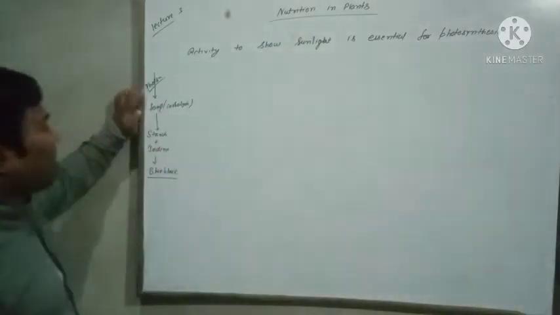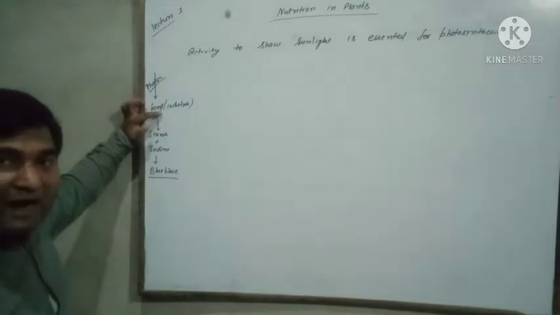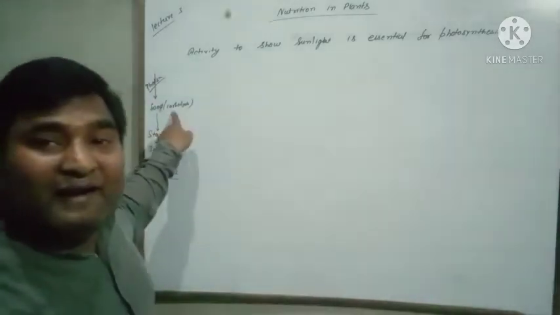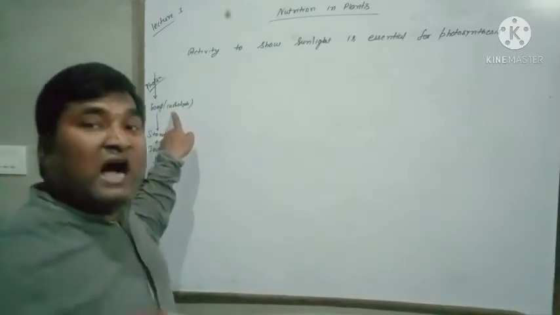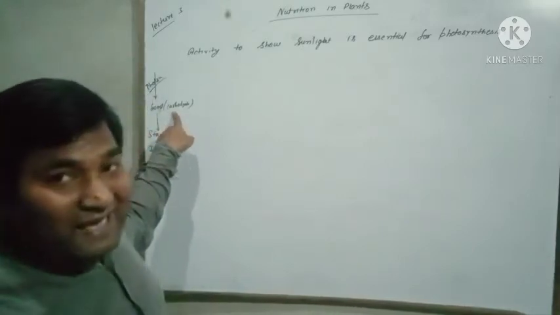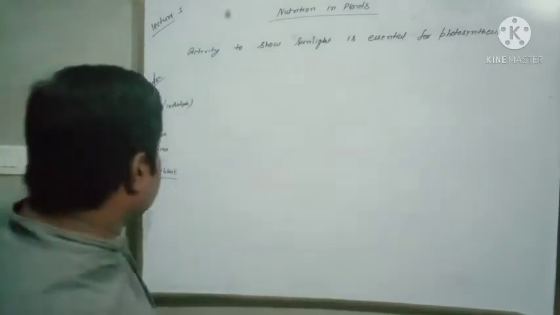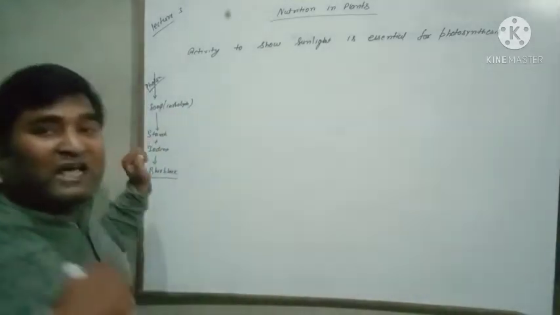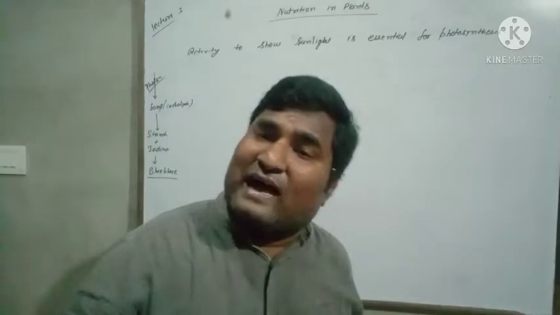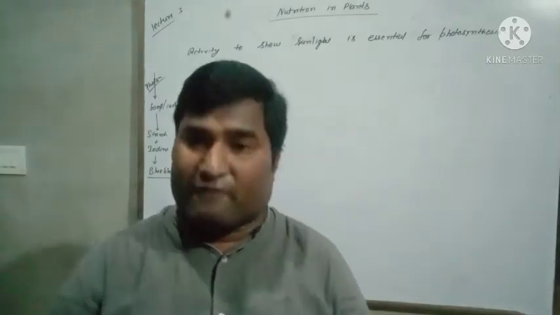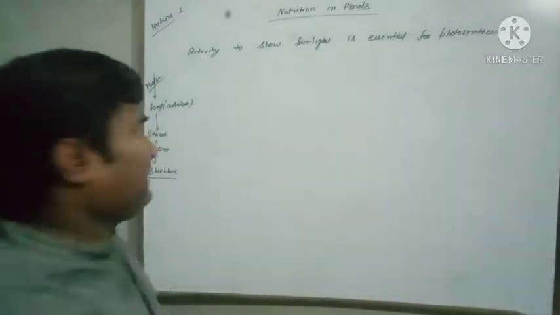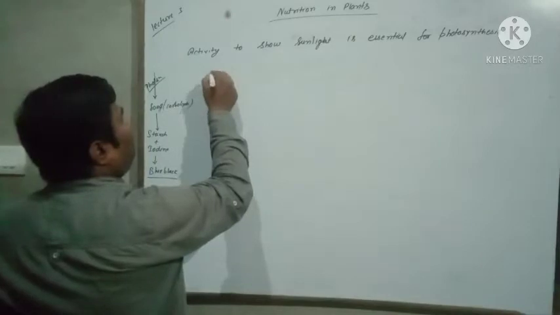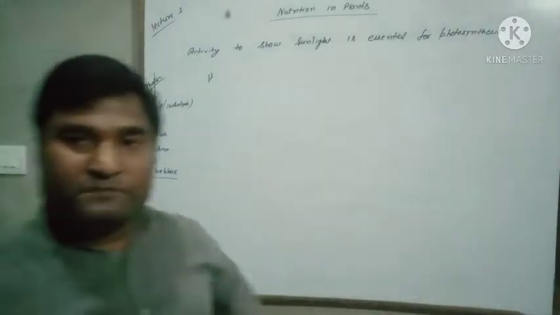So the food prepared is carbohydrate. This carbohydrate is utilized by plant for their energy. After using, the excess carbohydrate is stored in the form of starch. Starch is the stored form of carbohydrate. Okay, so these things should be kept in mind to understand this activity. So what we have to do in this: